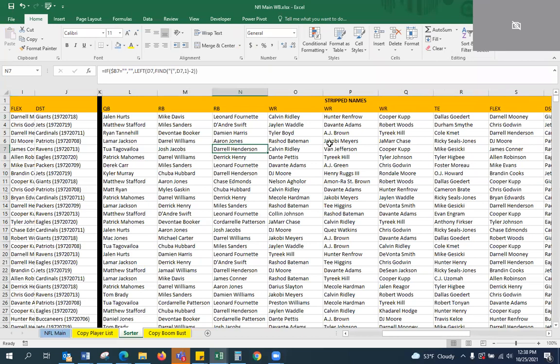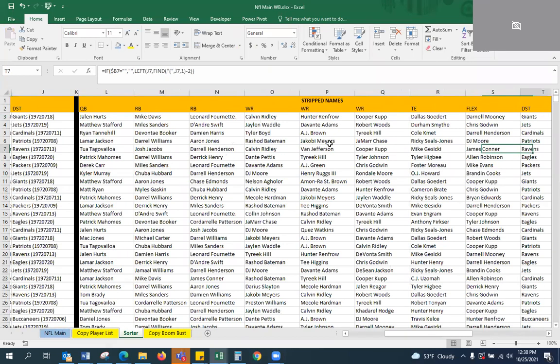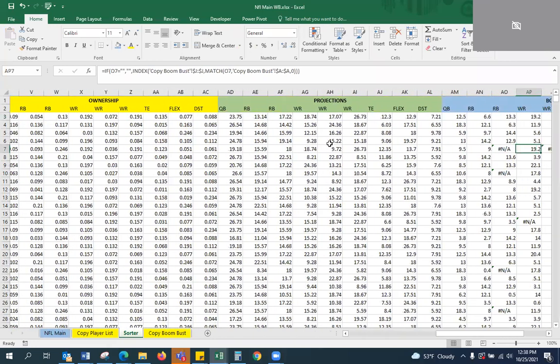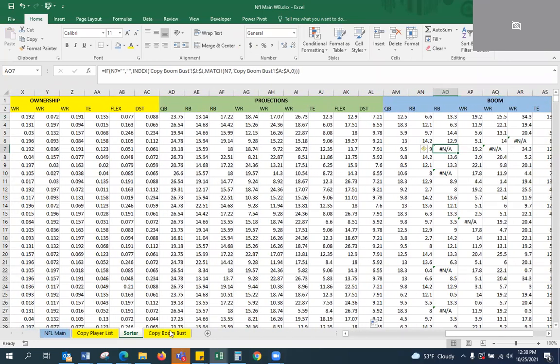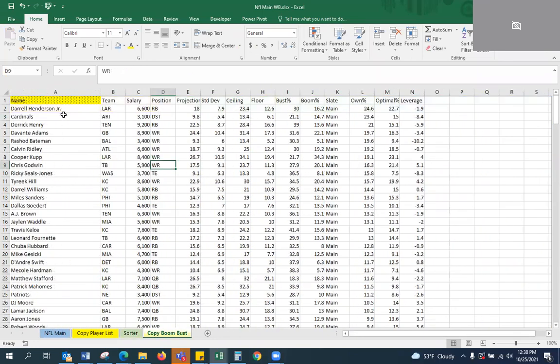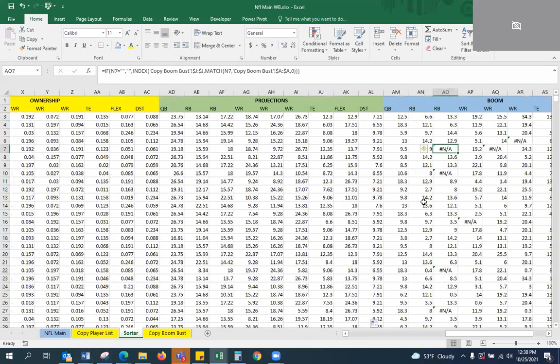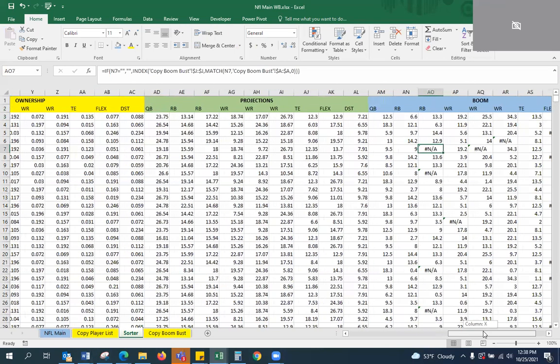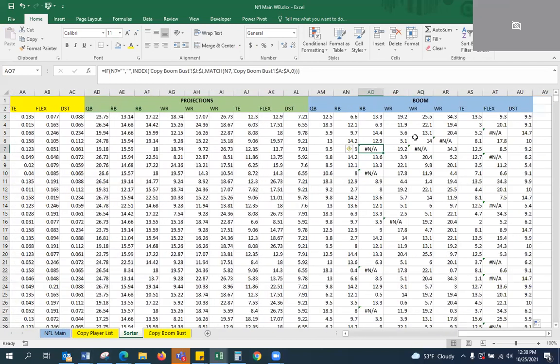Okay. So this is our second running back in this lineup, Darrell Henderson. Darrell Henderson might be one of these name convention mismatch dudes, junior, right? So let's go back into the boom bust. And he's junior, right? We knew that. So Darrell Henderson Jr. So this is where it's a little tricky, okay? You're going to get some bad data here if you leave this out. I mean, the more of these names you omit, the worse your data gets. It's not by a ton, but in lineups like this where there's two of them, you know, you're really starting